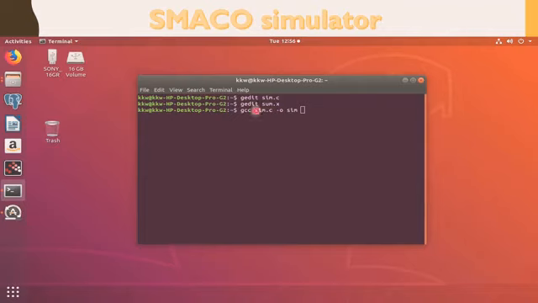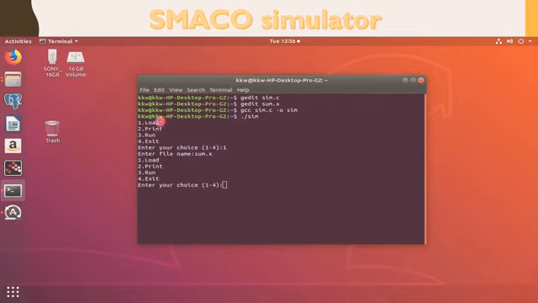So let's see how we can run it. For running, we will first compile it by using gcc simulator.c -o simulator. Then execute. To execute the program, we will put the command ./simulator, that is your object file name. So this will print the menu like load, print, run, and exit. If you have entered the first choice, that is to load the program, you have to enter the file name, that is the input file name. So you have entered the input file name, and it will load the contents of your sum file into your memory.